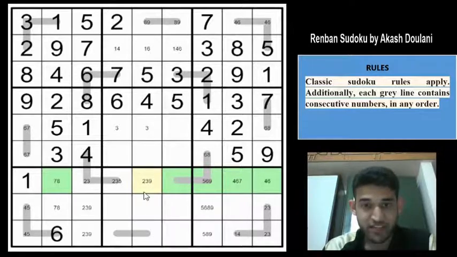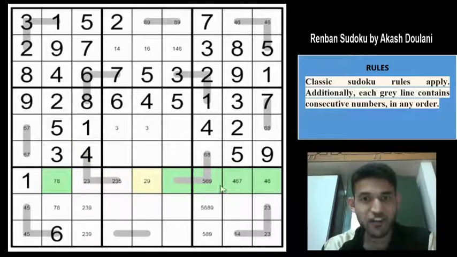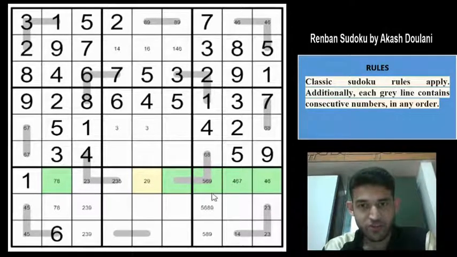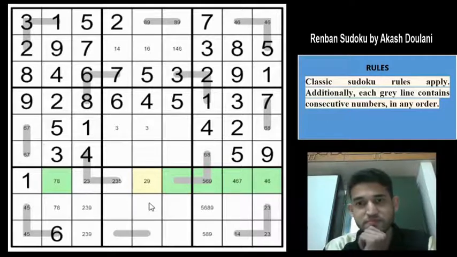You also can't have a 3 here, because if you look closely at this line, one of these 2 cells must contain a 3, because if it doesn't, then this must be a 2 and this must be a 5, which cannot satisfy the Renban property. So 3 can also be eliminated. Great. So did we get any nothing, no pair or triplet along that row, only the hidden quadruple.